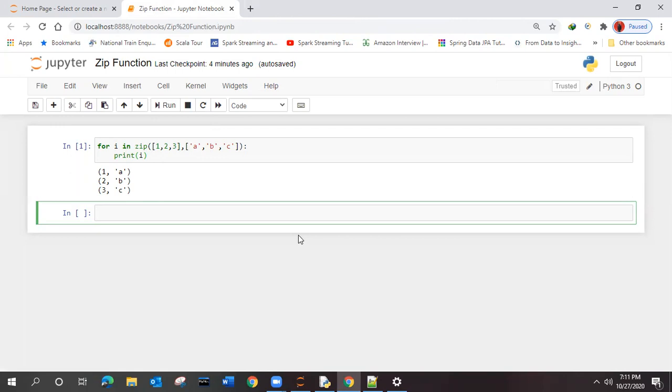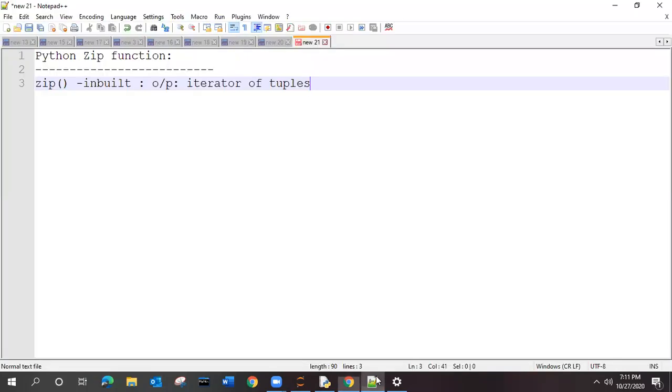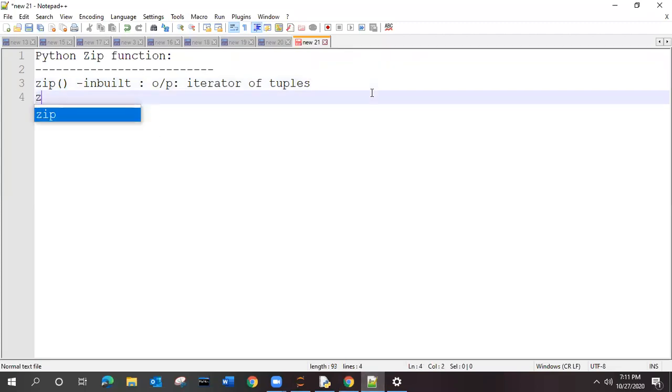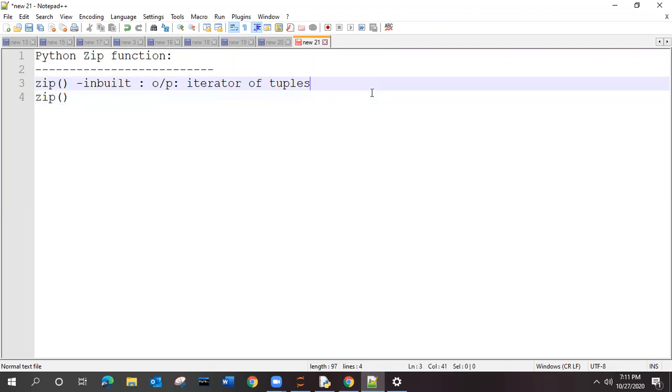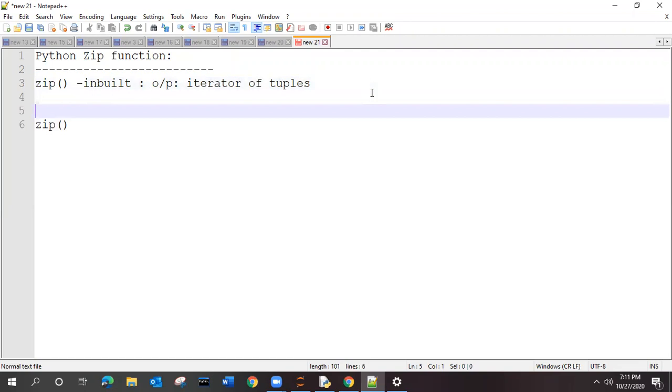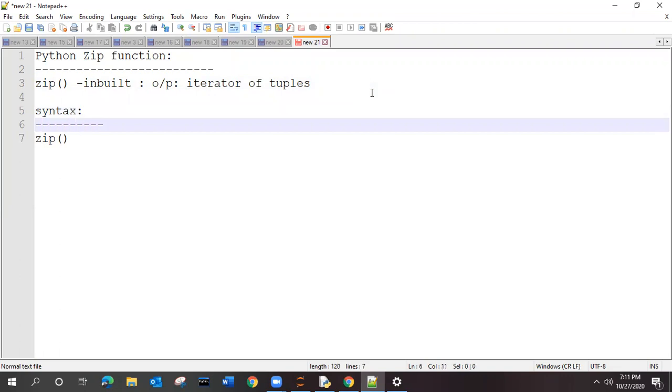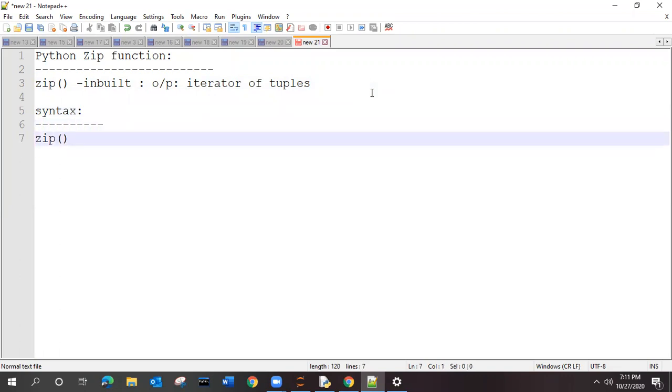Okay. So I was talking about the zip function, and this is one of the examples. So what could be the different syntax of the zip function? For checking the syntax, the first syntax will be like this one with no argument.